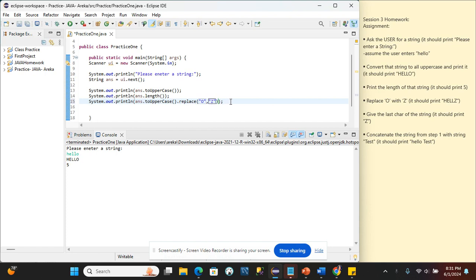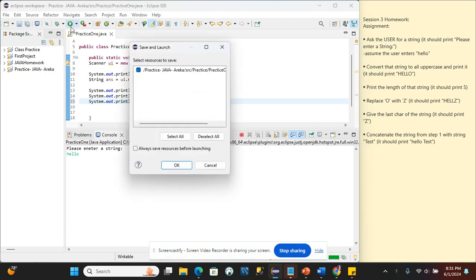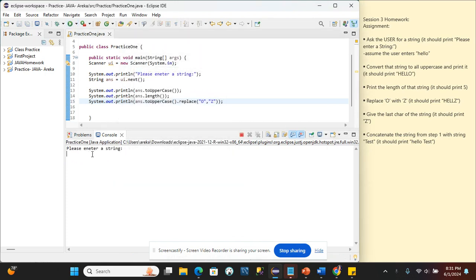And let's see if that works. So we get a hello. All right. And there we go. So it's still all capitalized. All right. Next portion says to give the last character of the string. It should print the Z. Okay. So let's see